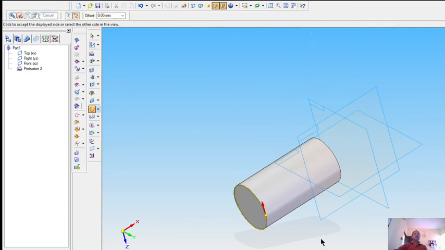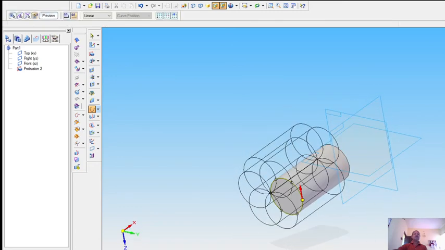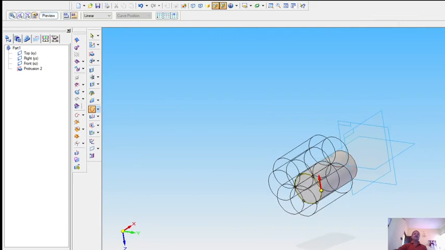Then click to accept the display side or select the other side in the view, click here. Now the pattern is created, that is, the count is 6 in number. So this is how the pattern is to be created along the curve.